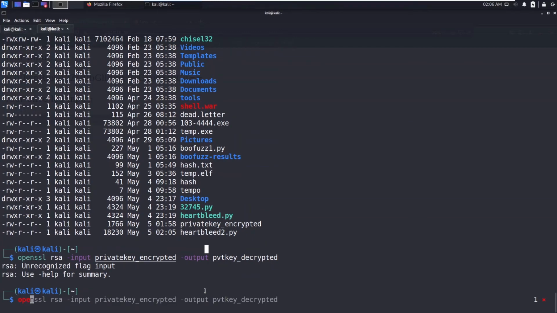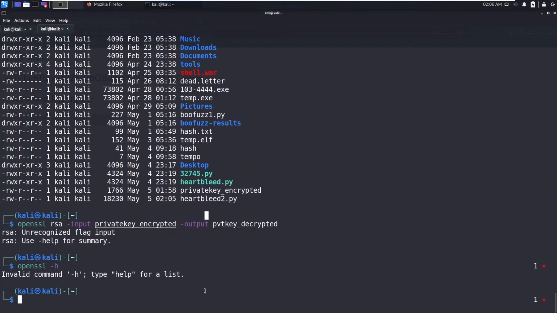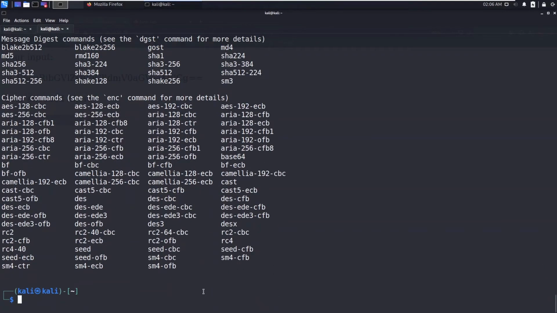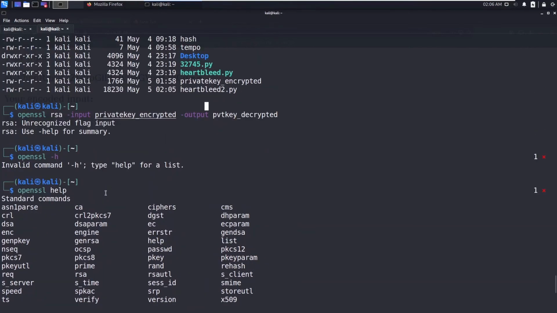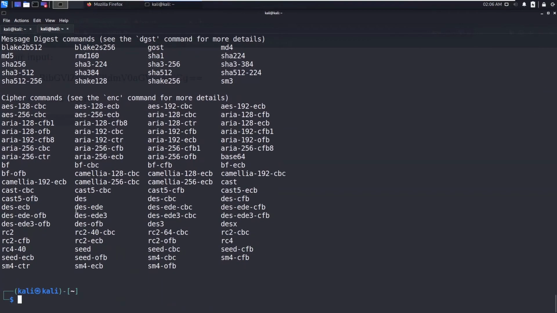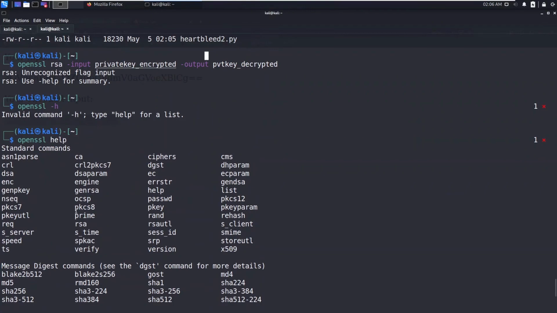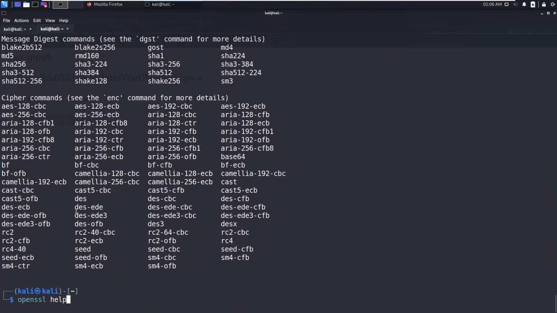Unrecognized flag input. Okay, I'm sorry. It's only in and out. I'm so sorry, I thought input.